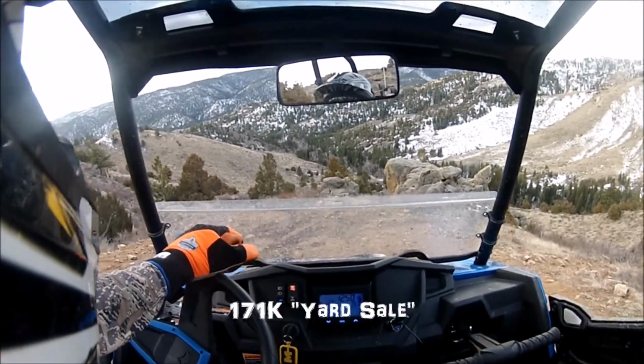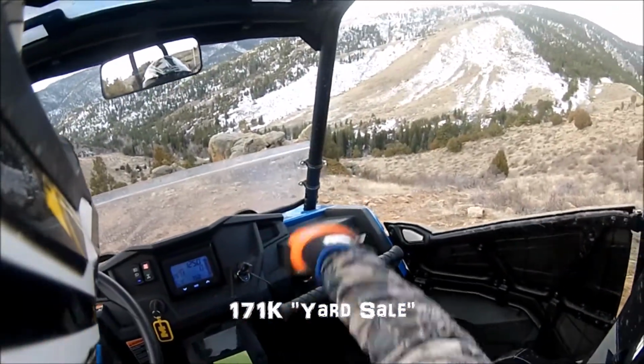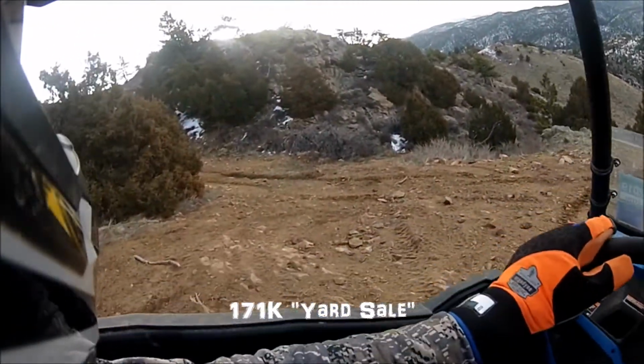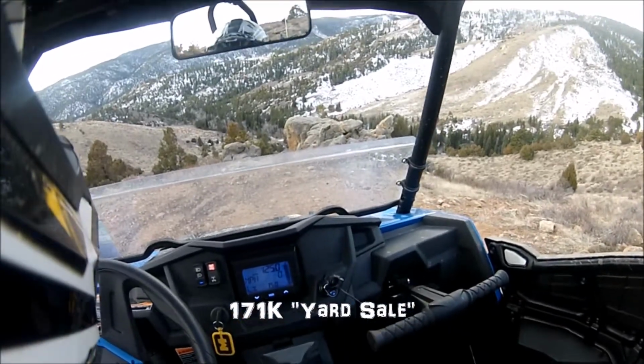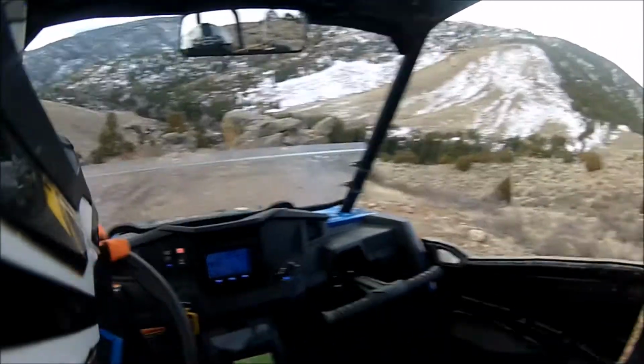Today we're on 171K. Its nickname is Yard Sale. This is the in loop, the turnaround point. Part of the reason for the nickname of Yard Sale is because a lot of people lose their crap on this trail. It isn't terribly difficult, but it's rocky and steep. And so if you have loose things in the tailgate or the bed of your truck, you lose a lot